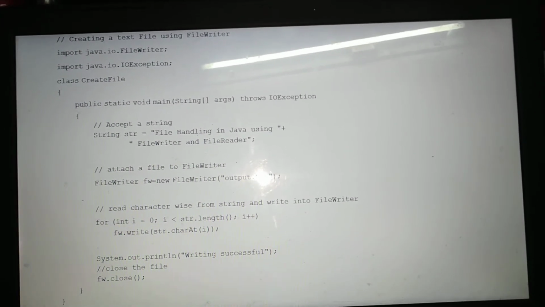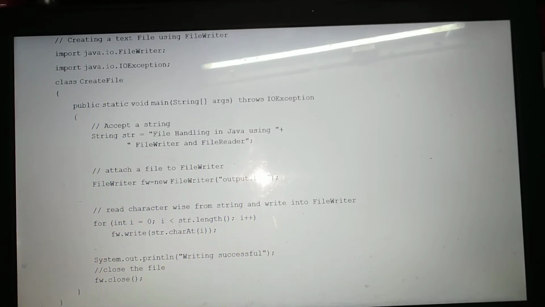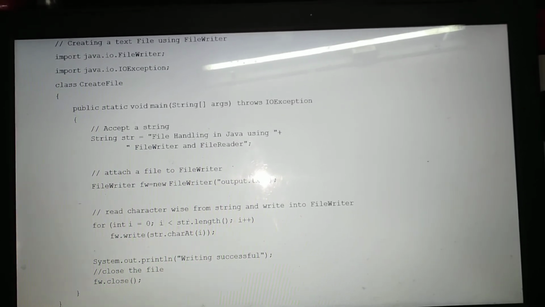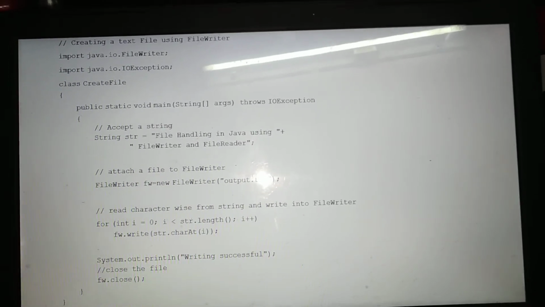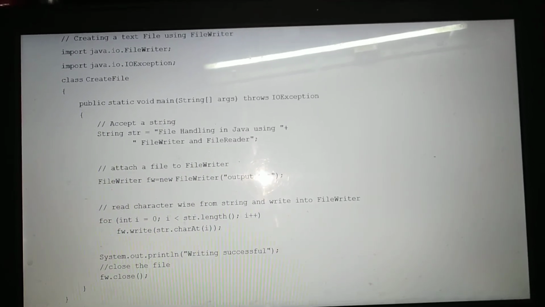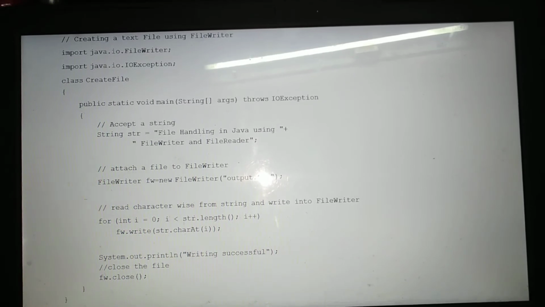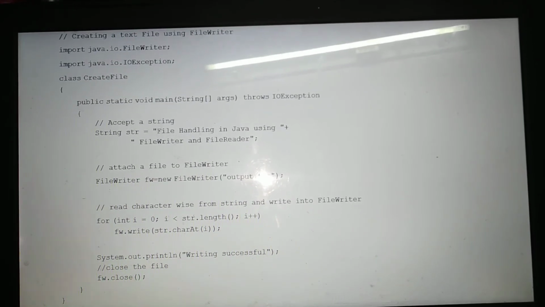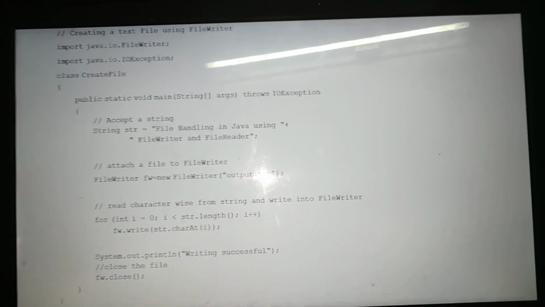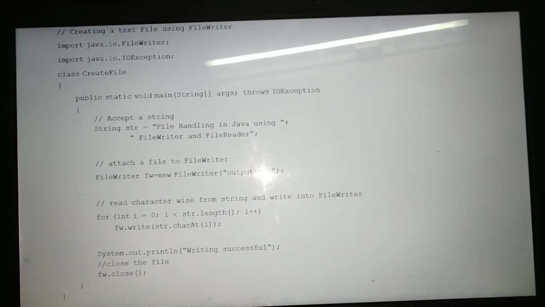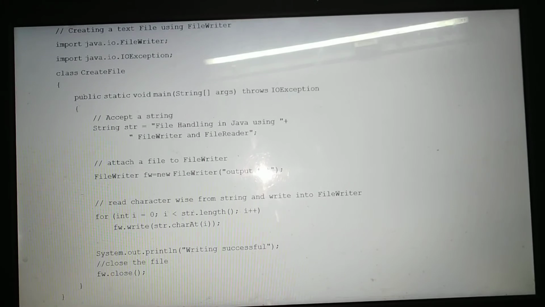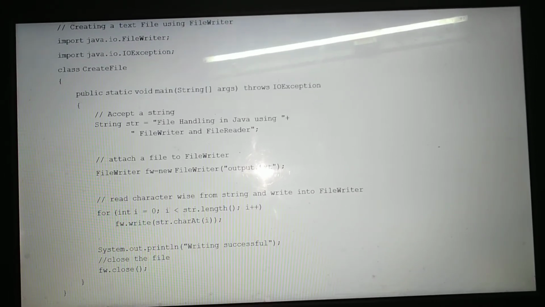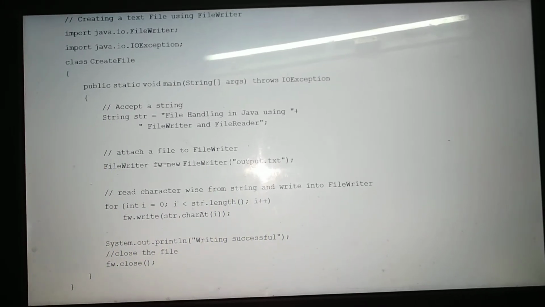Now the next thing is reading a character from a string and writing into a file writer. For that I have made use of a for loop statement. For int i equal to 0, i less than str.length, till the end of the string the character has to be read, and it will be written accordingly with the help of the object. Finally, the program ends by displaying a message that writing has been successful, and finally the file has to be